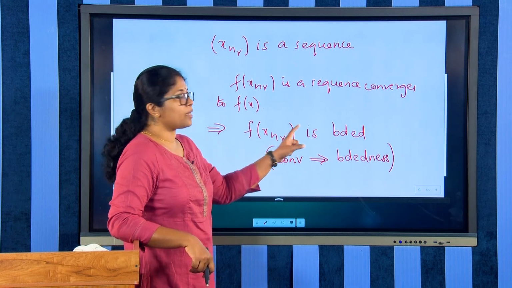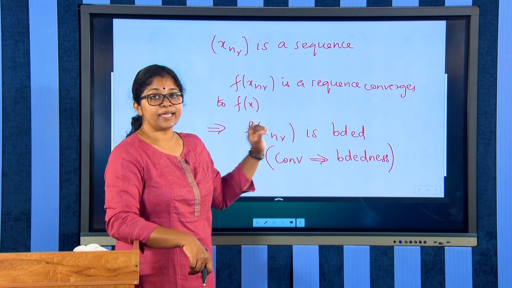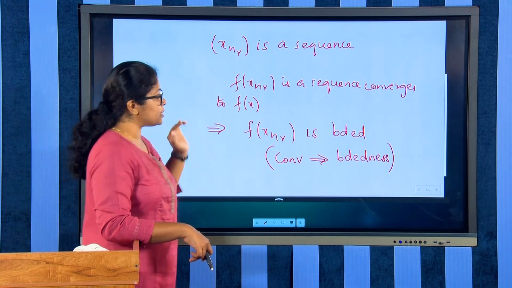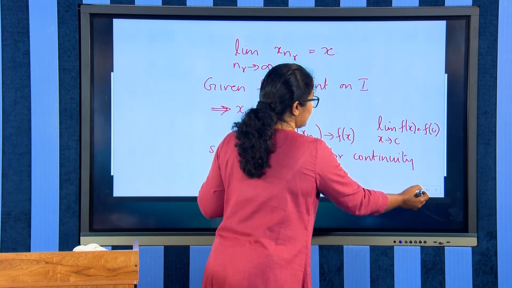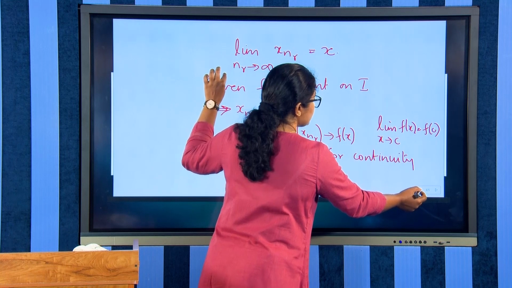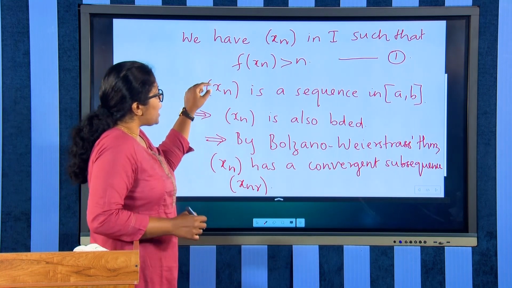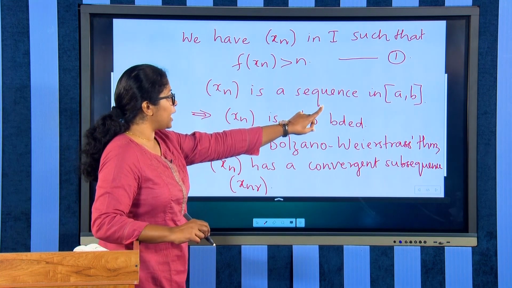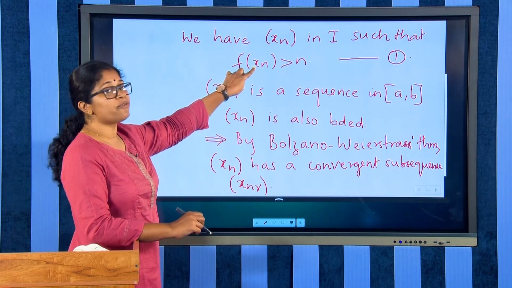So, f of xnr is bounded now, but by the assumptions that we had in the previous statements, xn is a sequence in [a, b] such that f of xn is